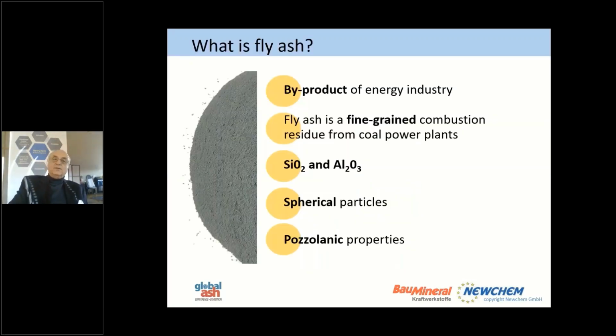So, what is fly ash? You probably know this all. It's a byproduct of the energy industry, and it's a fine-grained combustion product built up of silicium mostly and aluminum, and you have a lot of iron there, therefore it's normally gray. And depending on the coal you are using, we heard this today, the different products have more silicium or aluminum